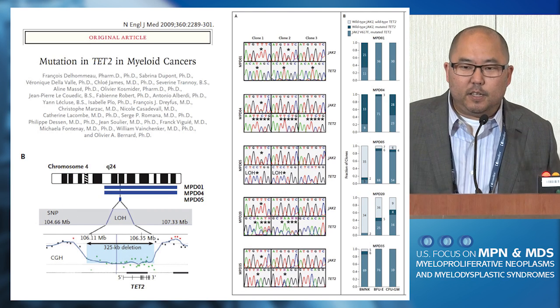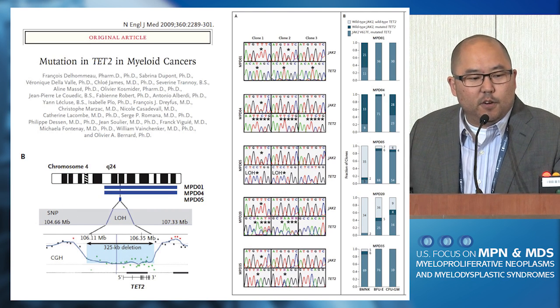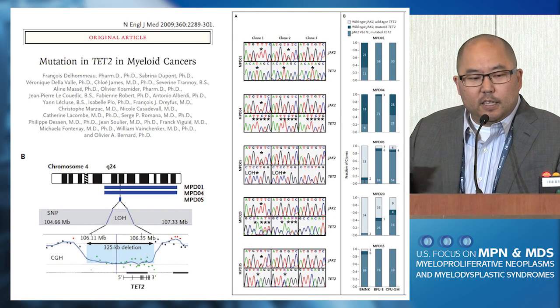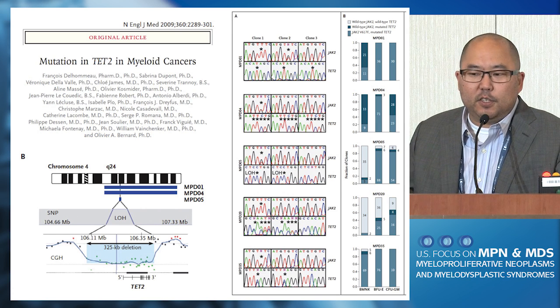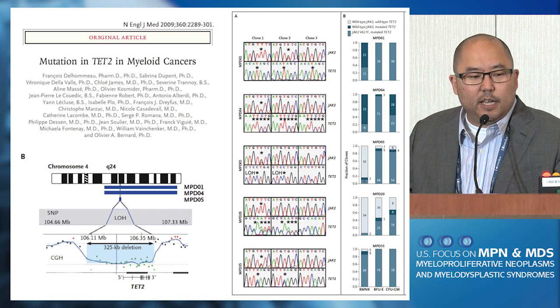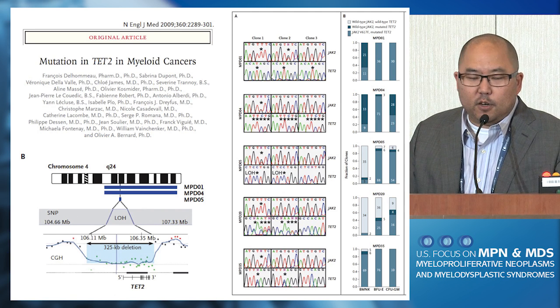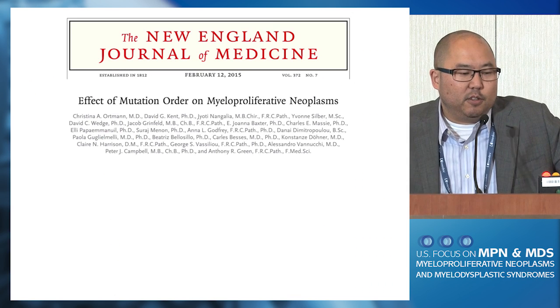As far as these so-called pre-JAK2 mutations, TET2 mutations were discovered in this paper in the New England Journal as being present in some patients, clearly acquired before JAK2. So it's thought that, at least in some patients, this is that so-called pre-JAK2 mutation. We know now, of course, that TET2 mutations are present across all myeloid malignancies, and they do not have to be acquired before JAK2. And that was further illustrated by this paper published in the New England Journal last year from